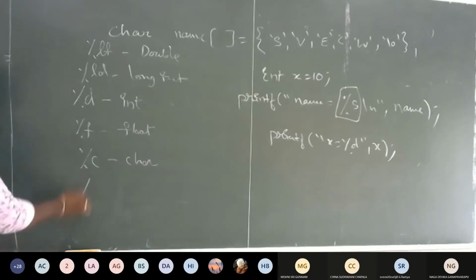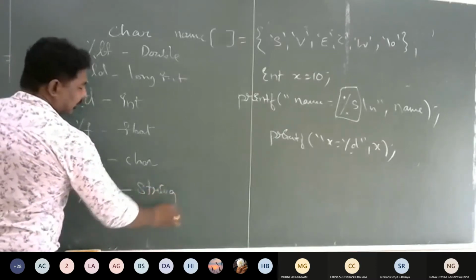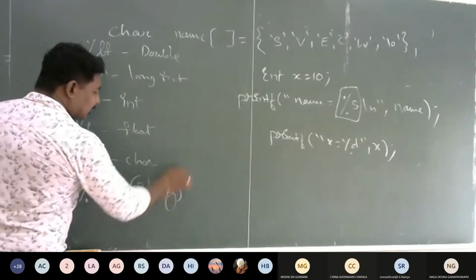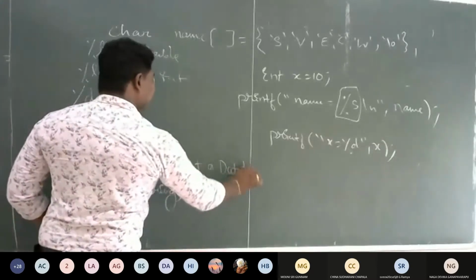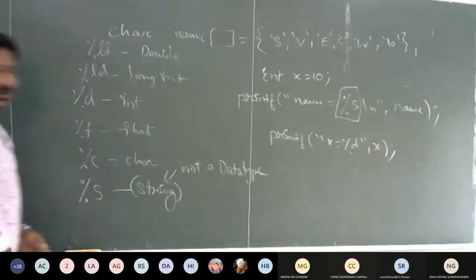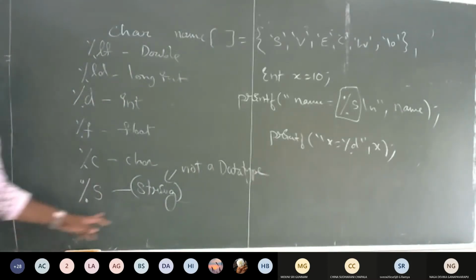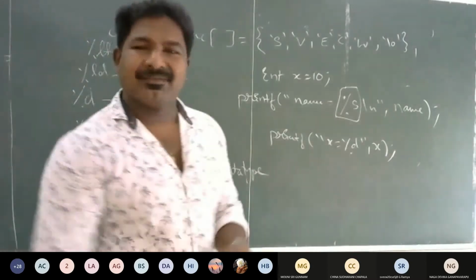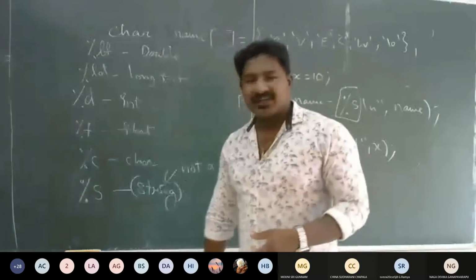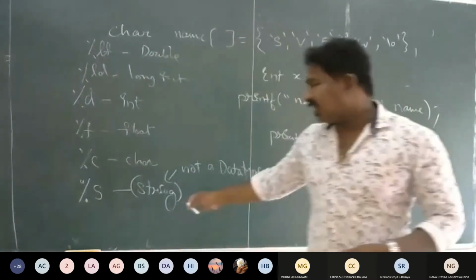Now we are using a format specifier that is %s, and you can't say this is a data type, because string is not a data type. So remember that. We use %s for string, but string is not a data type in C. In C++ and Java you have a string data type, but in C it is not.